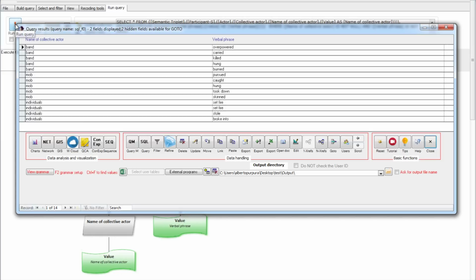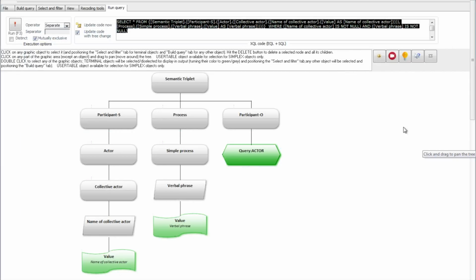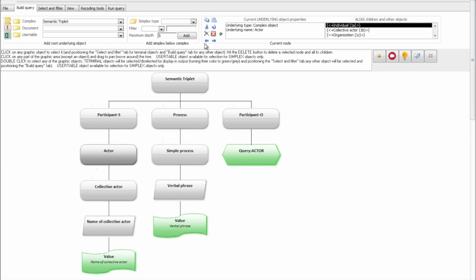Much easier to construct complex query where certain objects are repeated several times. In fact, had the original network query contained the same simplex name of individual actor under actor and under both participant S and participant O, we could have used the actor subquery under both. Let's try that. Now let's close the query results form, and let's delete actor under participant S